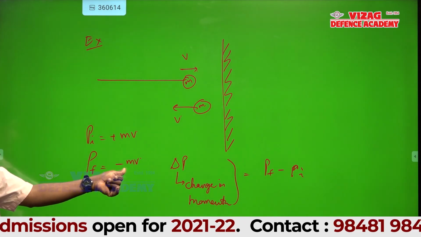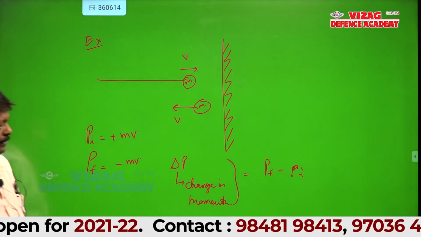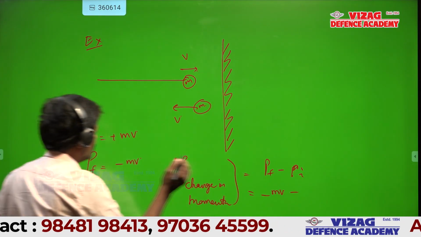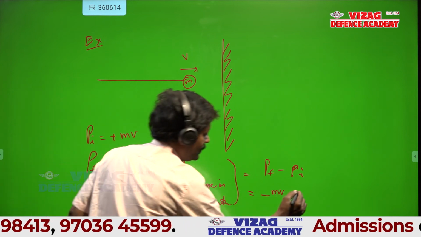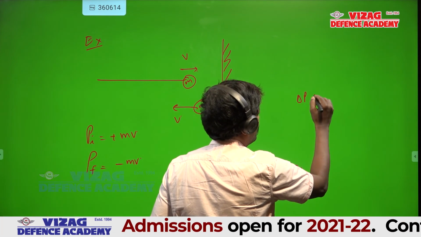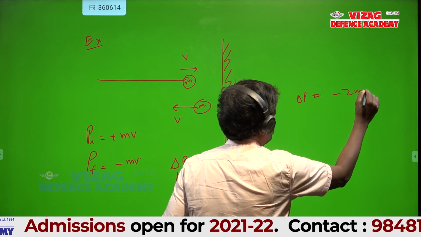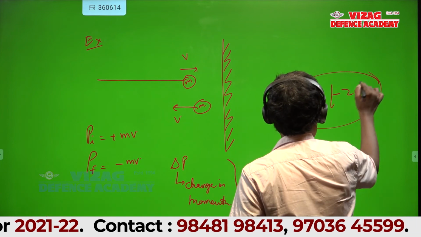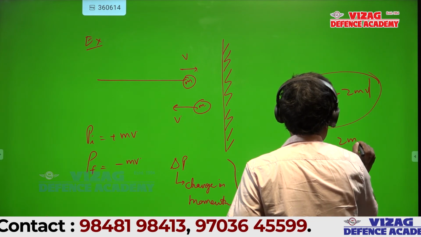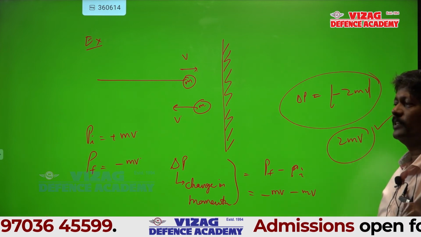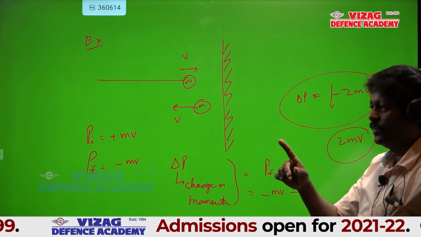Final is minus mv, minus the initial momentum mv. That is, delta p is minus 2 mv. If you want the modulus, the change in momentum is 2 mv. Now listen, always remember,